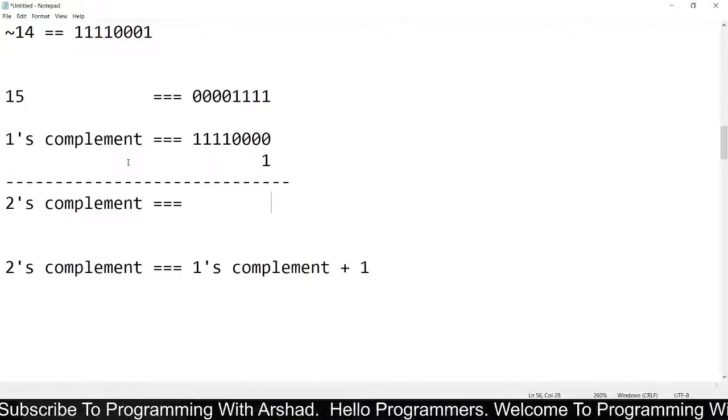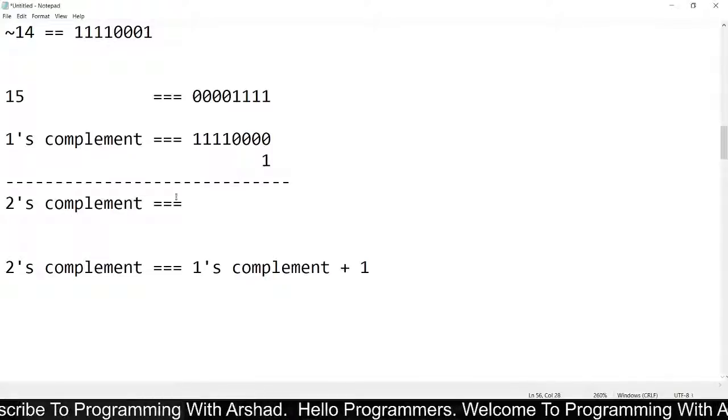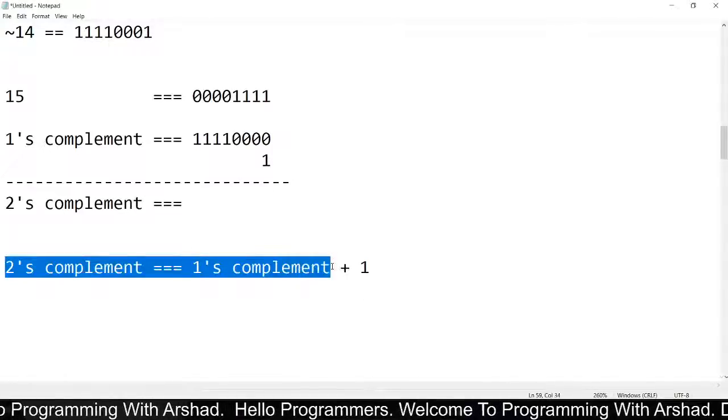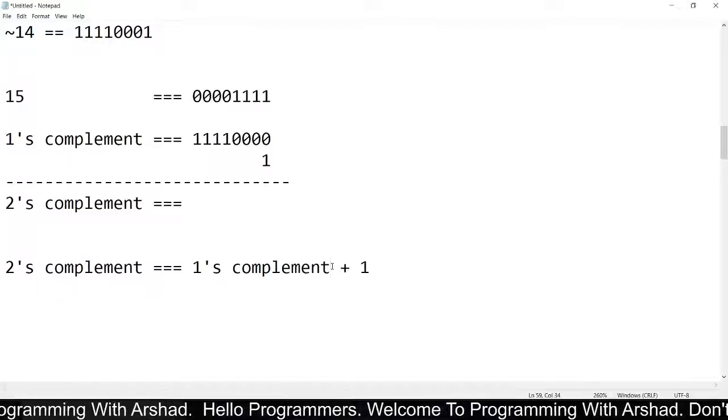As we already know, the formula for 2's complement is 1's complement plus 1.